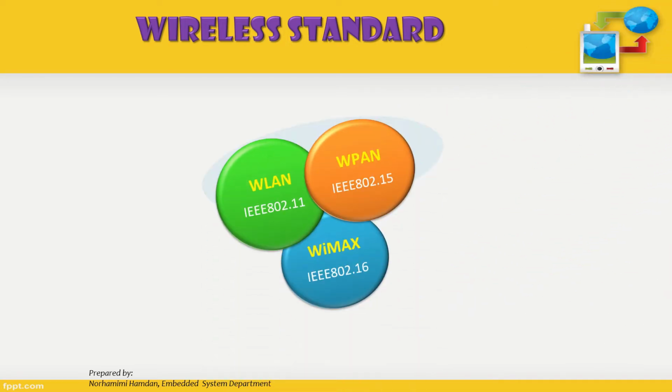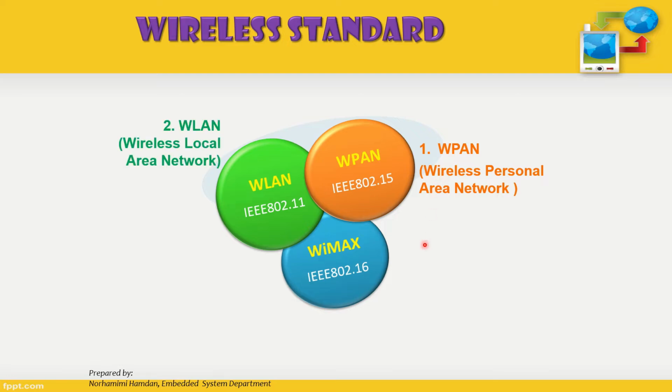Okay class, there are three groups of wireless standard. The first one is wireless personal area network, which comes with the standard of IEEE, which stands for Institute of Electrical and Electronics Engineers, 802.15. 802 is for wireless, 15 is for personal area network, WPAN. The second group is wireless local area network,